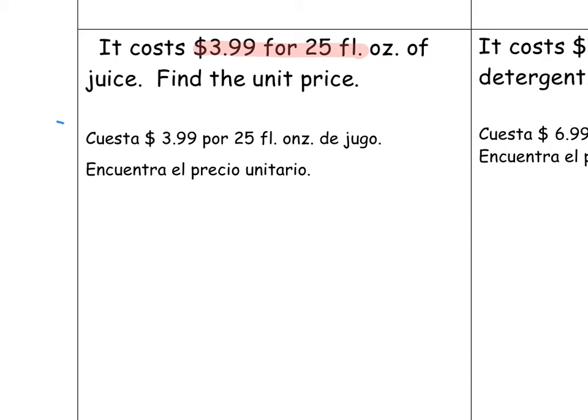Let's highlight this information. And again, we can use our shortcut method. We're going to start with $3.99 compared to 25 fluid ounces. That's the abbreviation. And we can use this ratio or fraction bar to mean division. So we're going to take $3.99 and we're going to divide it by 25. Please pause and use your calculator. And the answer is